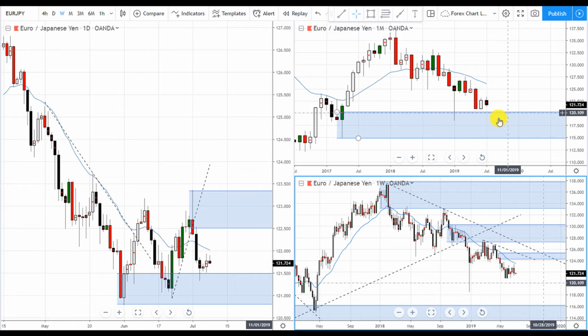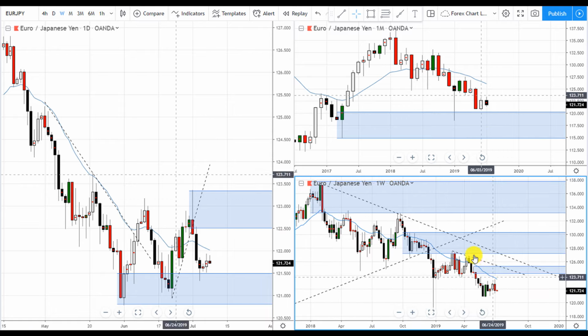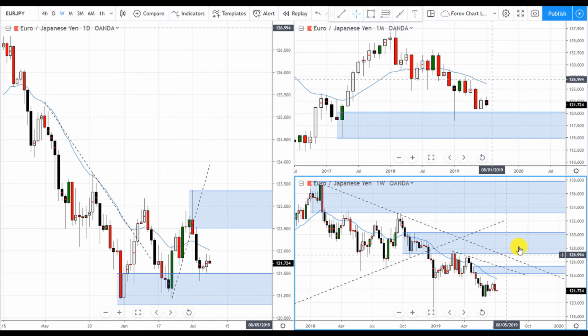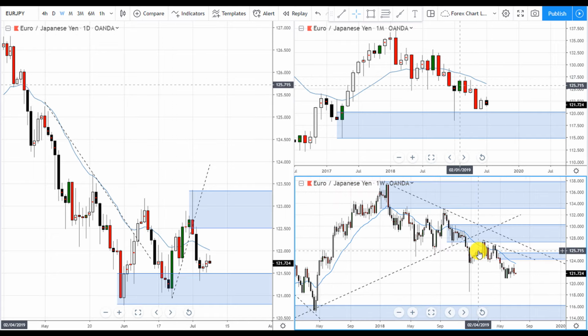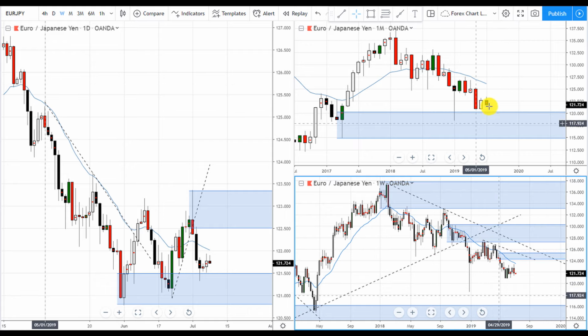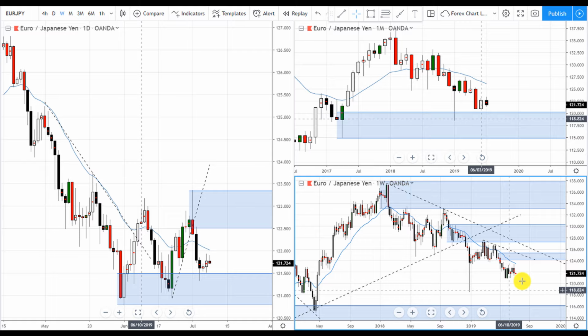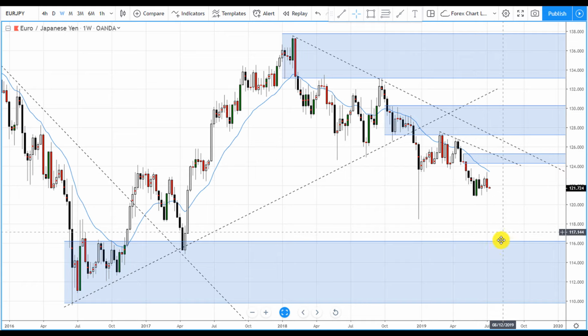Ideally what we want to do is wait for price to drop into this zone, and then we want this to show an uptrend, and then we can buy the new weekly demand zones. So we don't want to do anything right now. We don't want to short because it's reaching the monthly demand zone, and even though this looks like it's got a lot of room to reach this weekly demand zone, we don't want to place any shorts going on the way down, because